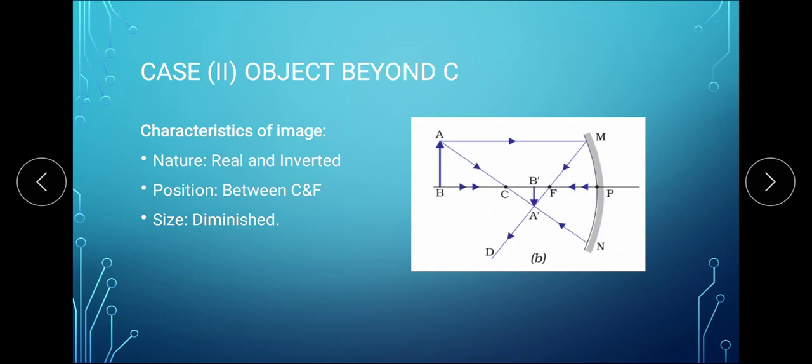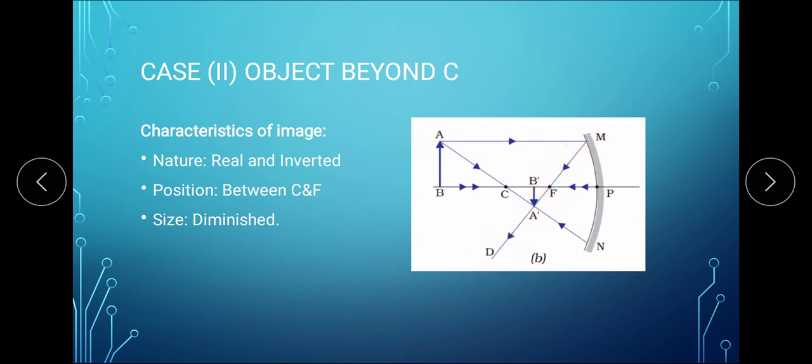So I will take any 2 rules to draw the ray diagram. First rule or first incident ray is the ray which is parallel to the principal axis. And we know that the ray which is parallel to the principal axis will pass through focus. So the reflected ray will pass through focus. Second incident ray is passing through your center of curvature. And any ray which passes through center of curvature after reflection will reflect back along the same path. So you can see this is your incident ray. After reflection it will retrace its path.